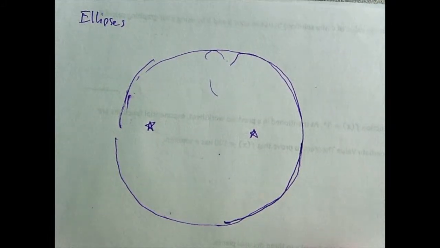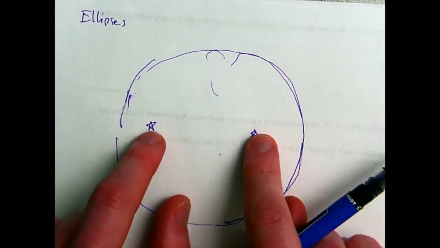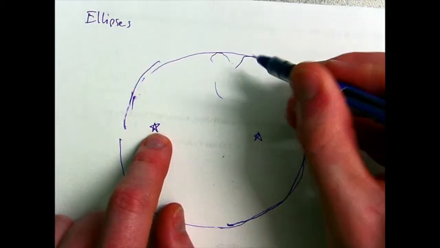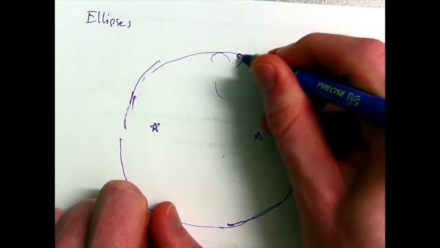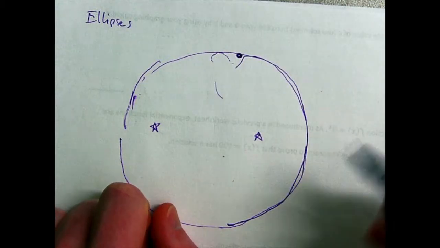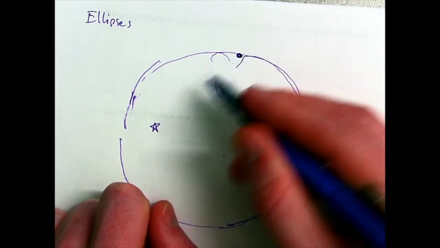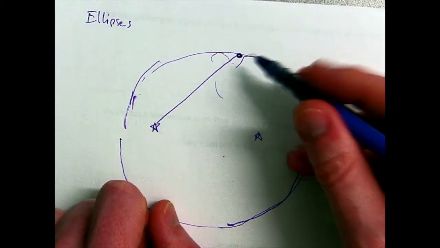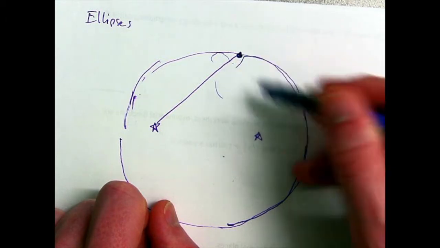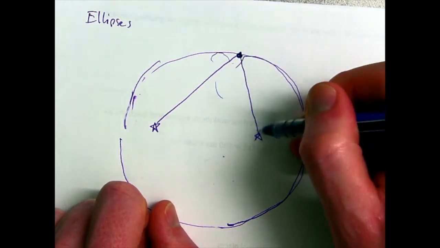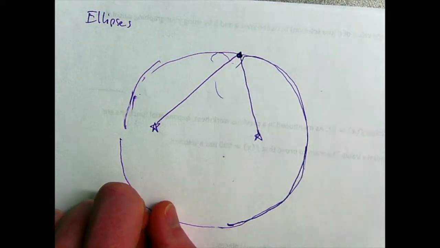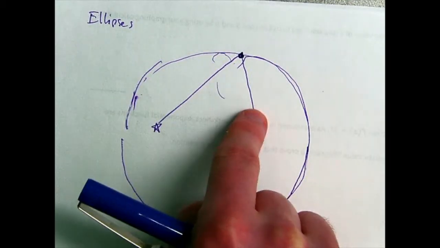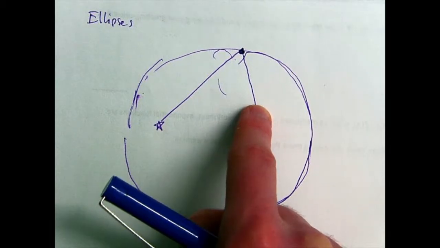Another way of interpreting the meaning of these foci, these points geometrically, is the following. Pick any point on the ellipse, say this point right here, okay? Look at the distance from the point you chose to one focus. That's the length of this line right here. And look at the distance between the point you chose and the other focus. That's the length of this line right here. The point is that the sum of these two distances is always the same